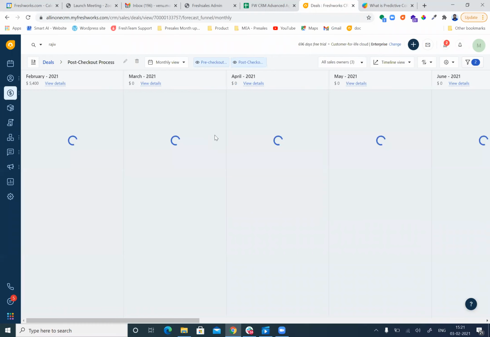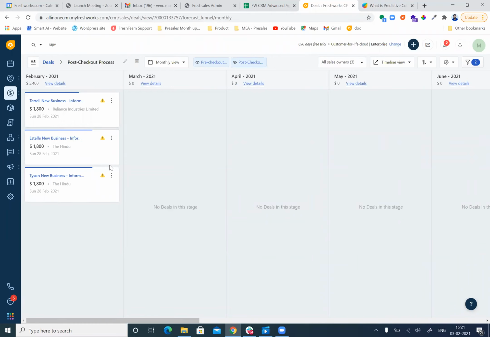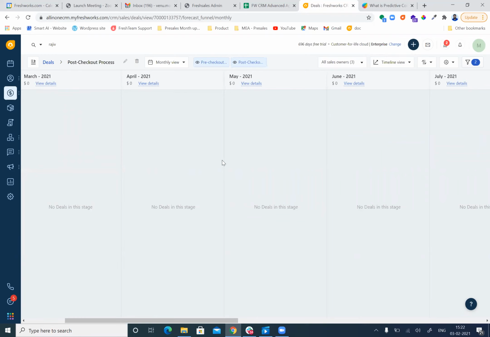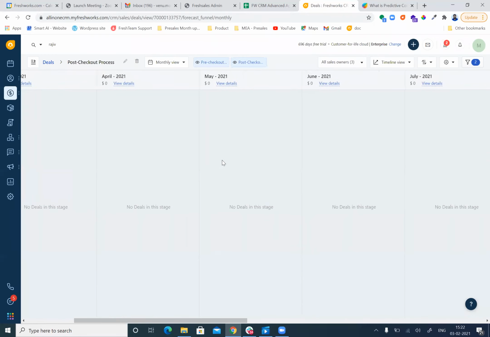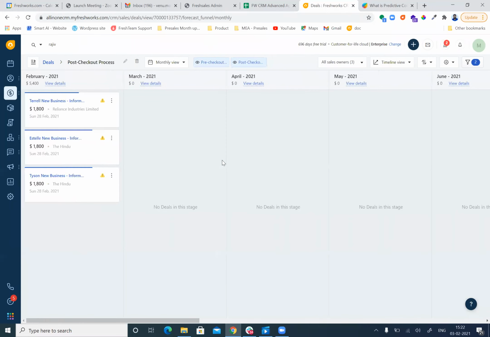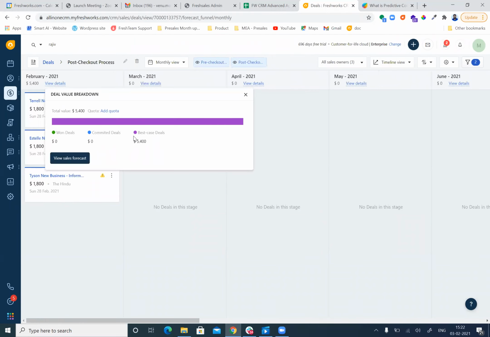So this timeline view will show you the list of opportunities your team is planning to close on a month basis. So my team has confidence or has agreed to close these 3 opportunities by 28th of February 2021. This is how I can easily monitor how much pipeline I have on a month basis. This will give me a prediction of how much revenue I can expect for the particular month. So based on that, I can set a target for each and every salesperson in the team.